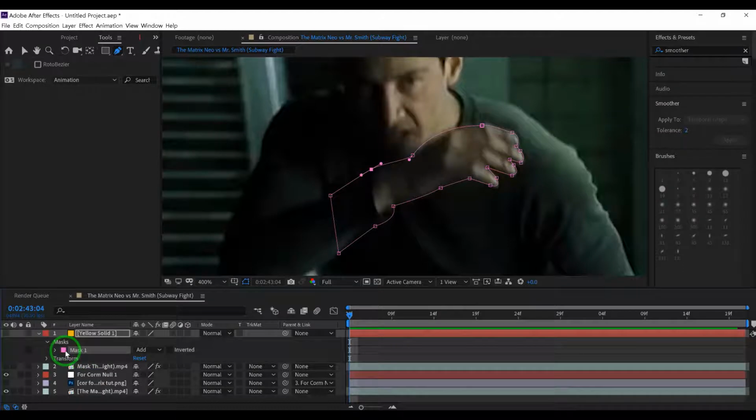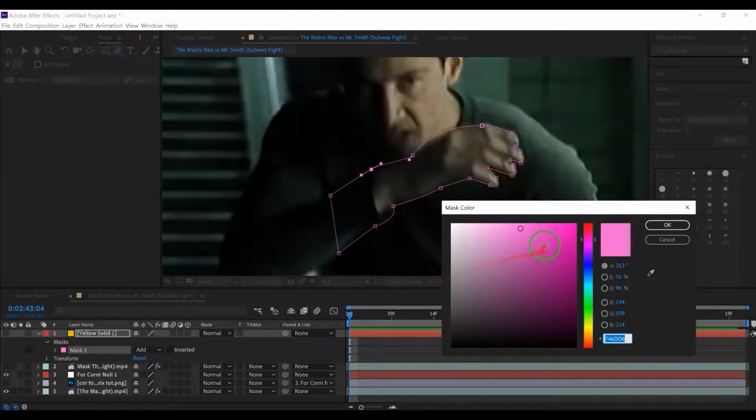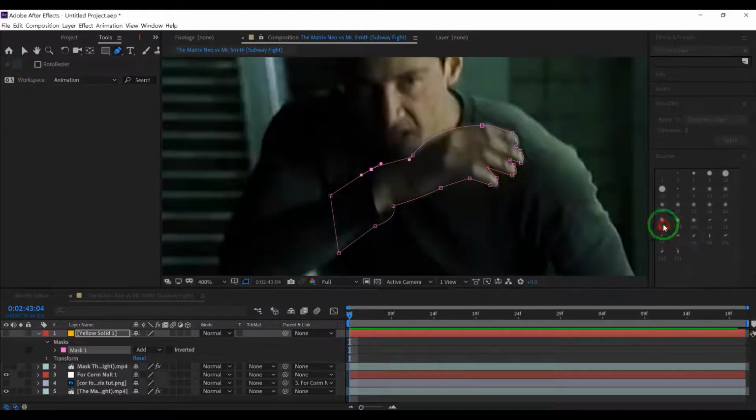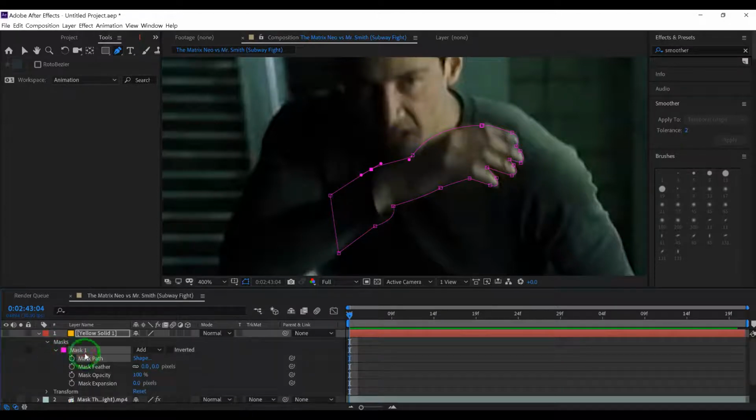Our mask is pink, and that's a good color. Double click it, and you can change it to whatever color. You can make it green, blue. I kind of like that color. It contrasts the green, so you can change the color of the mask. And we're going to click this to get our mask